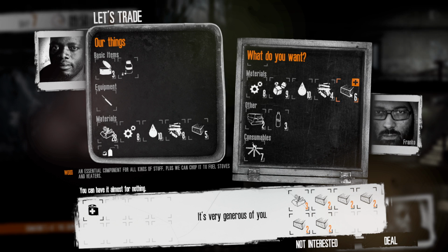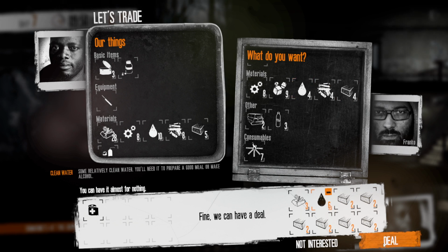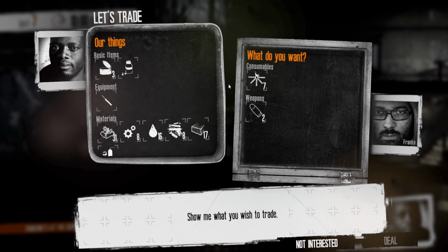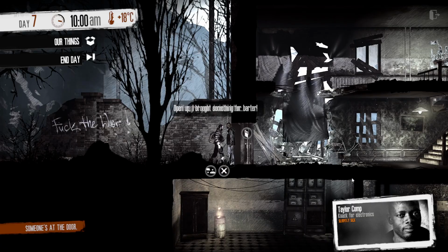I don't think I'm gonna... I'll do that because that feels smart. Because we can get 6 water there, which is good. No, we're going to trade again. We're going to have a look. So I've got 31 and 17. You know what? I'm not...